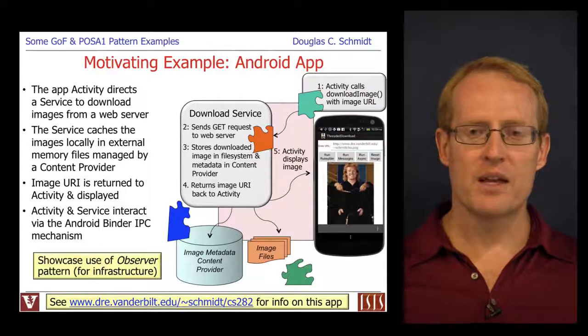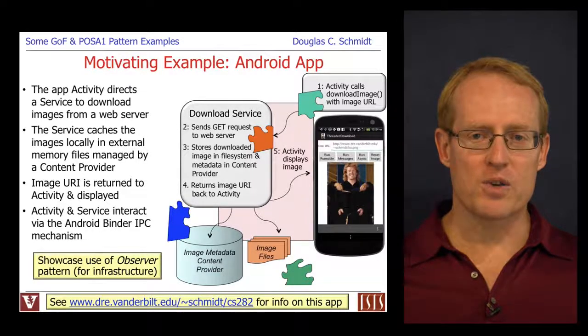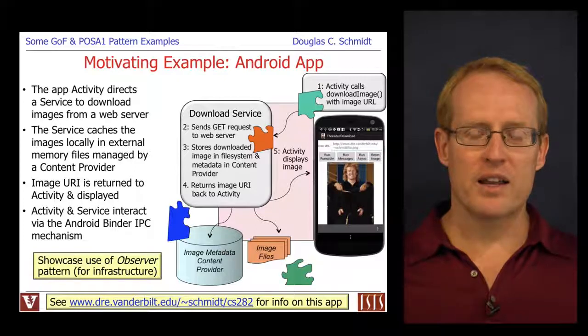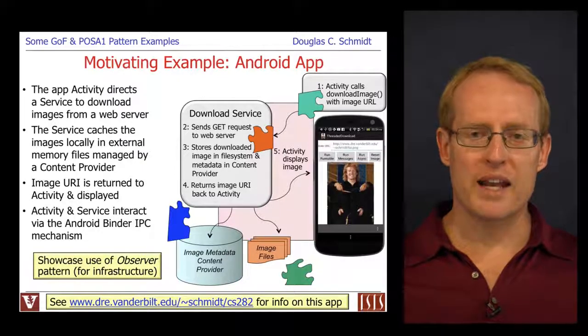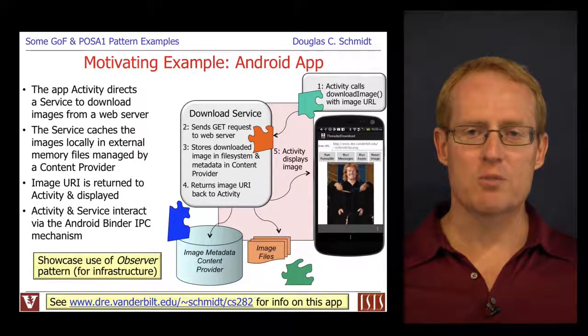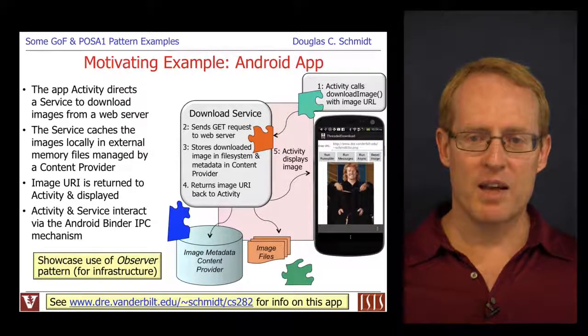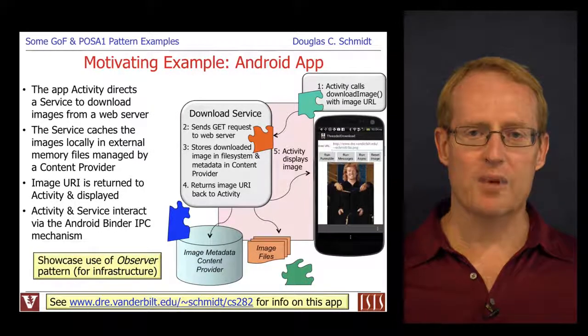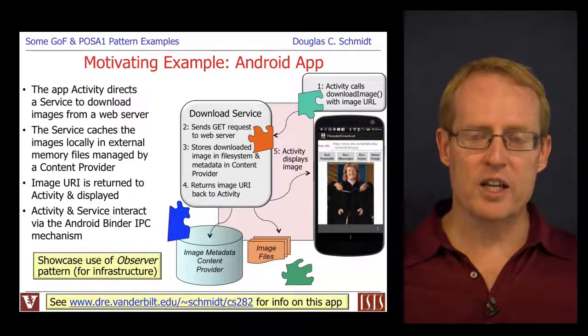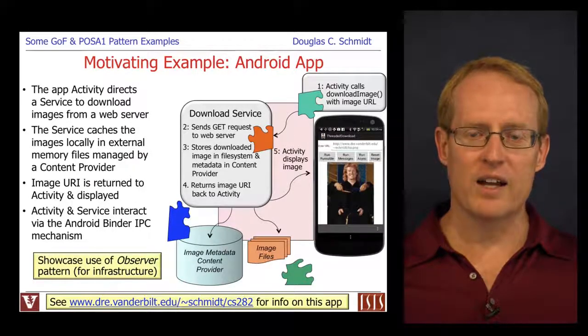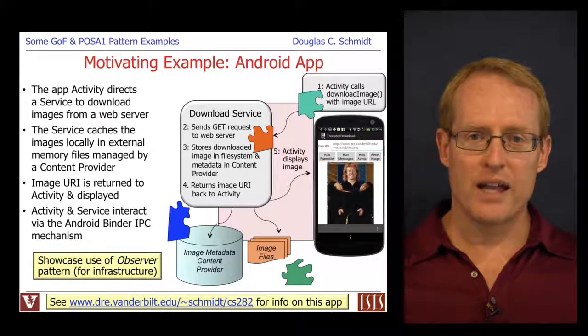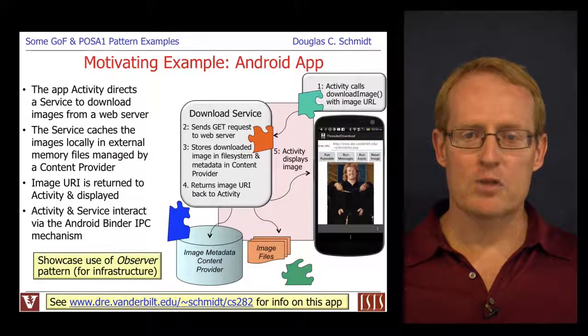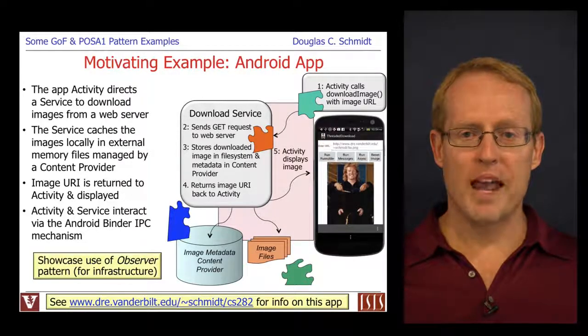of this design. The previous parts we've discussed have focused on systems programming and application level use of systems programming features to implement various patterns in support of the application. This particular example is going to dive down more into the system infrastructure and talk about how the observer pattern can be used by Android itself